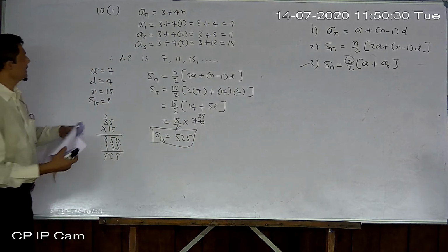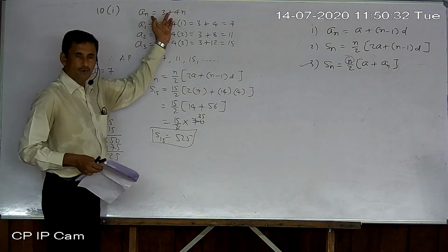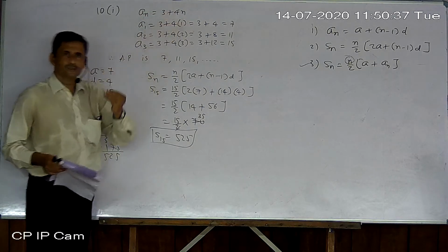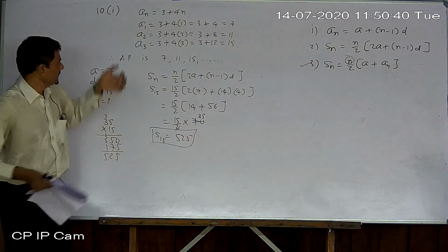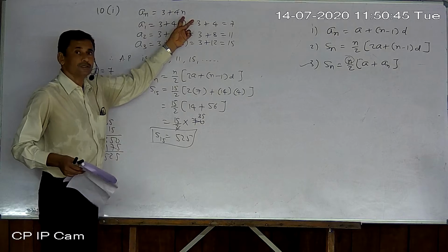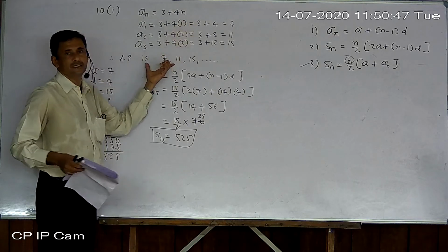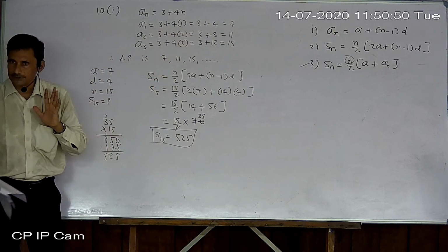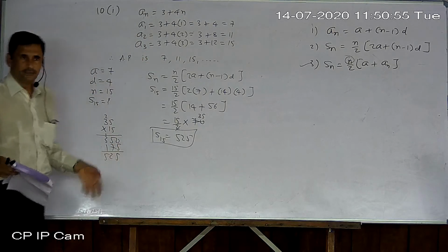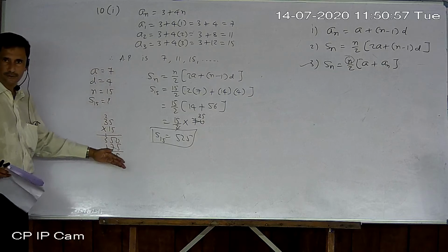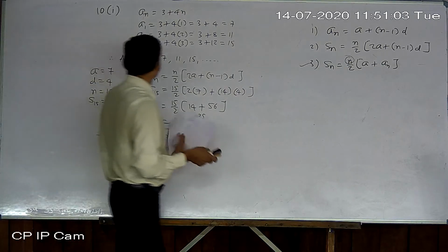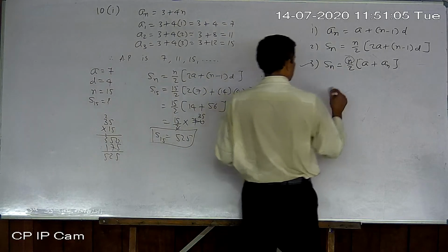Okay. So means if you are given this form, general form or general equation of An, then you understand you are given an AP. You just put values of 1, 2, 3 in the equation, so that very easily you can find the arithmetic progression. After getting arithmetic progression, you can find whatever is asked. That is now the starting type of sum. Okay. Now same way, the second question is just like this. So that is in homework.